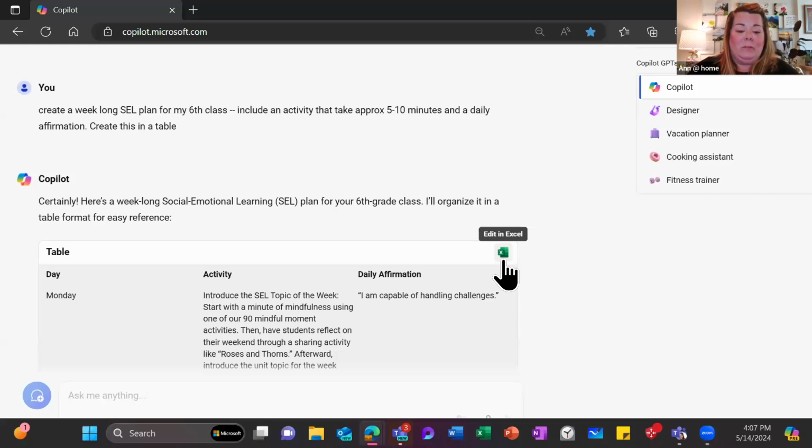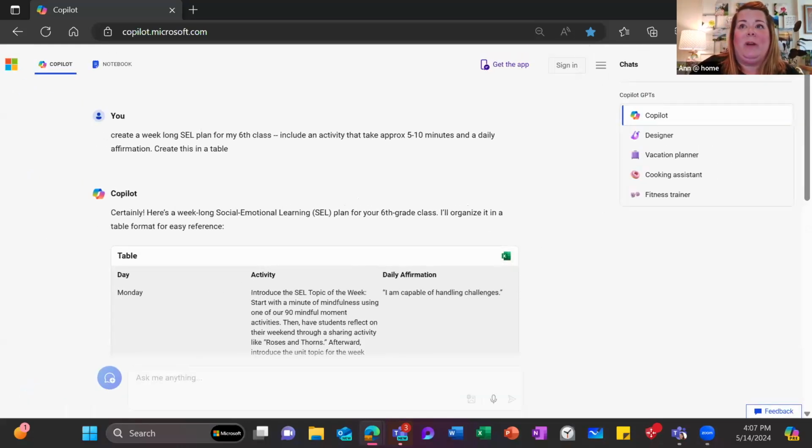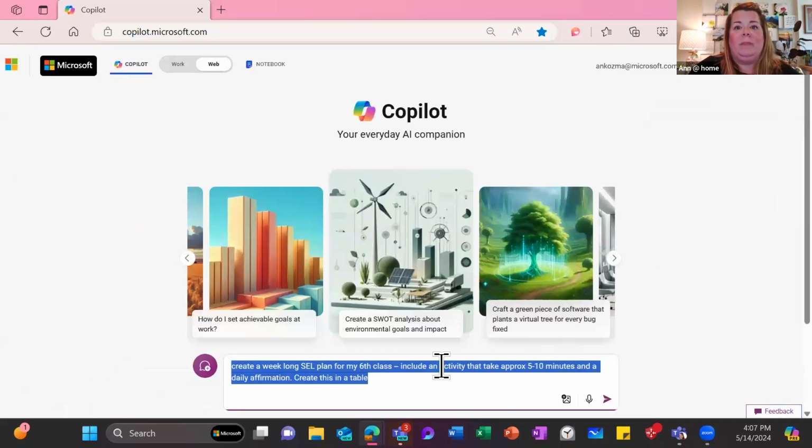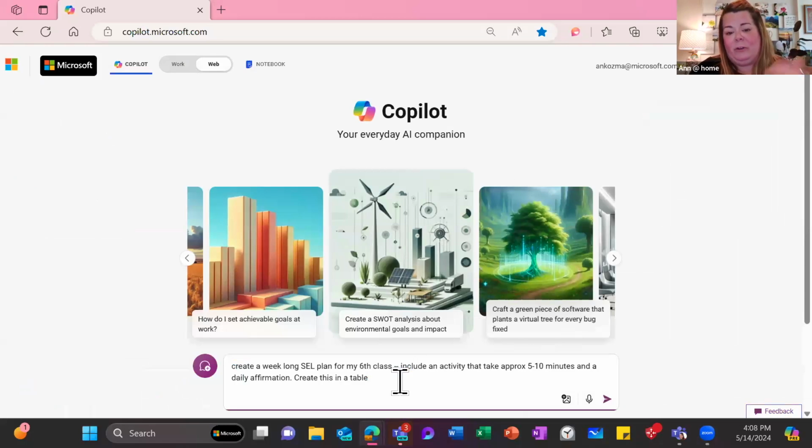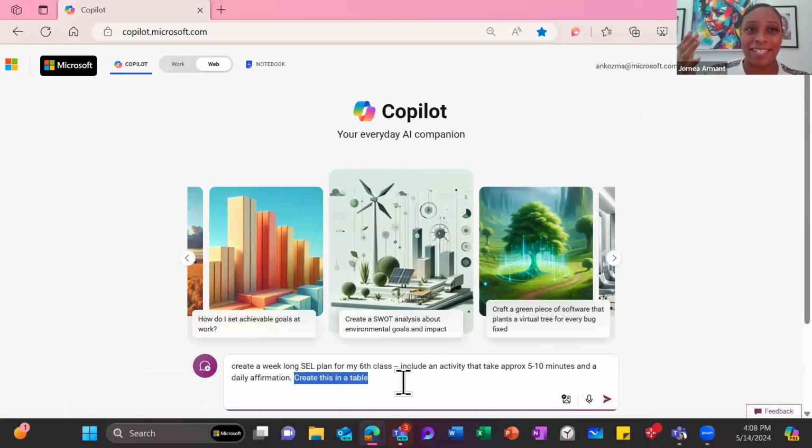So those of you who are not able to get into a private browser tab, just note this is something to try on a different network, etc., if you're on your home device and you're doing some exploration or learning. And that is what I love about those examples. It's a starting point for you. It doesn't necessarily mean that you're going to utilize those same activities, but your beautiful teacher brain plus that rapid response from Copilot will get us to a great place for lessons for our students. And that's what I absolutely love about it.